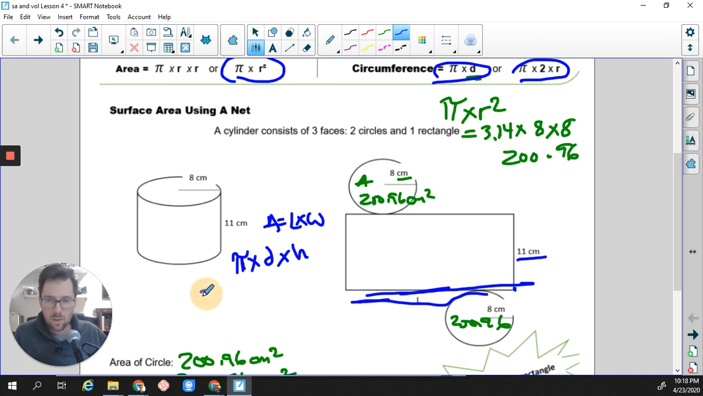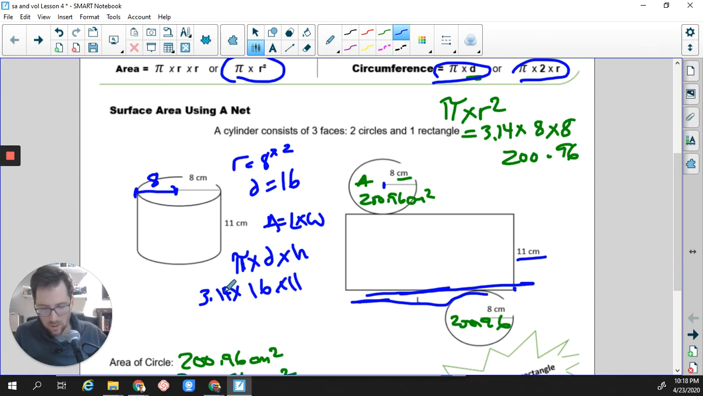So let's try this. We've got 3.14 times our diameter. So we know that if our radius equals 8, we need 2 of those. So if half is 8, the other half would also be 8. So 8 times 2 is going to be a diameter of 16. So 3.14 times 16 times the height, which we know is 11. Now, again, I can't do that one in my head, so I've calculated it out here. It's going to give us